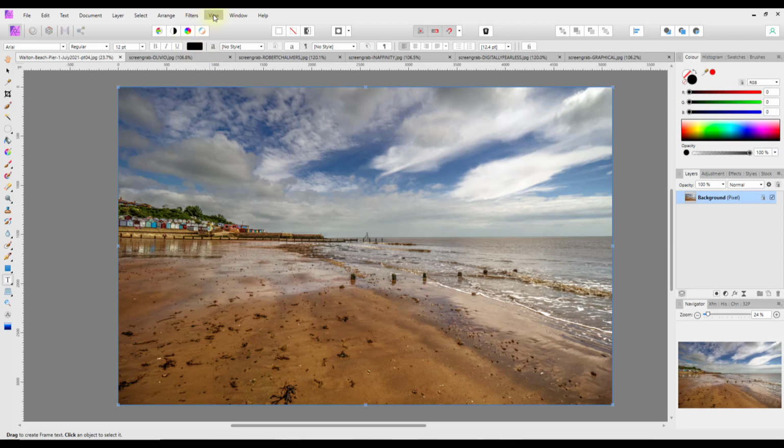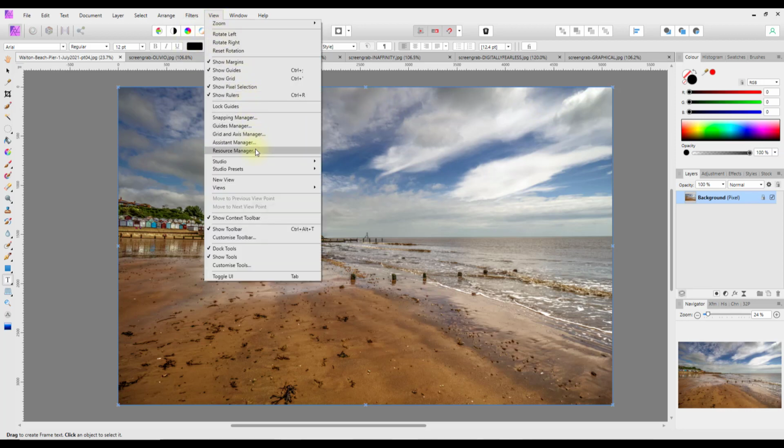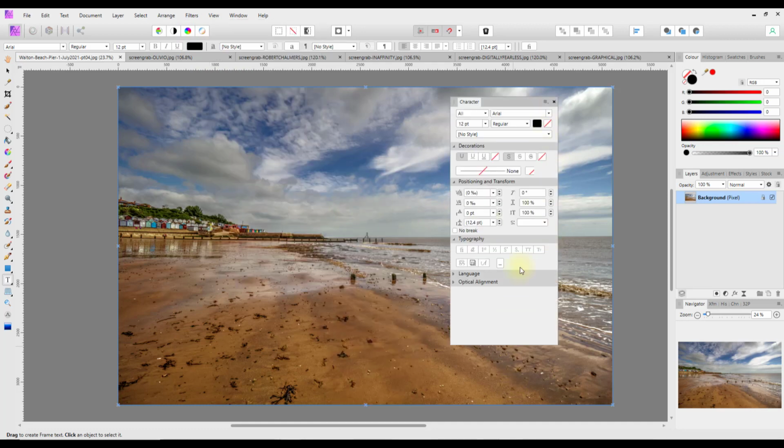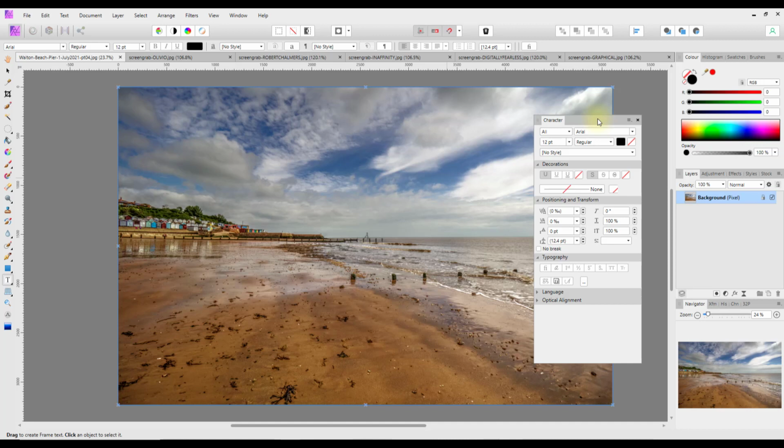So if I then went to View, Studio and Character, that will open up the same thing. So you can do it from either the text options or from the View menu. Now if you use text a lot, it's probably not something that's really needed in Affinity Photo so much. I mean, Affinity Designer and Publisher will obviously use text more often, but if you do use text